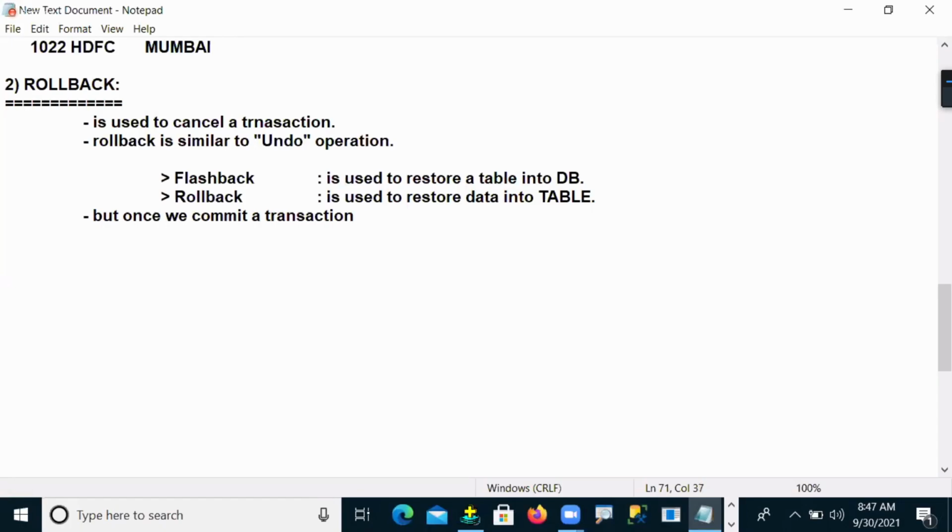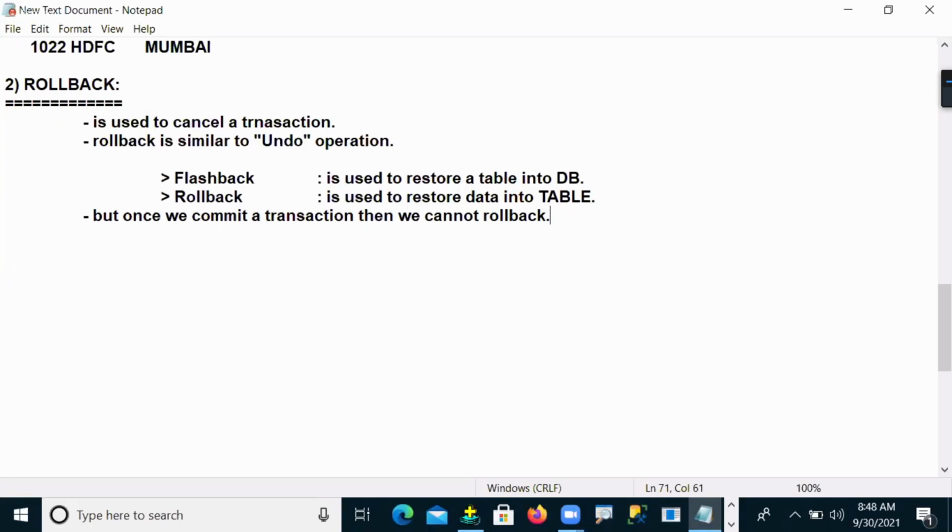Once we commit a transaction, then we cannot roll back. It's a very, very important point. Once we commit a transaction, then rollback is not possible. Rollback is not working.